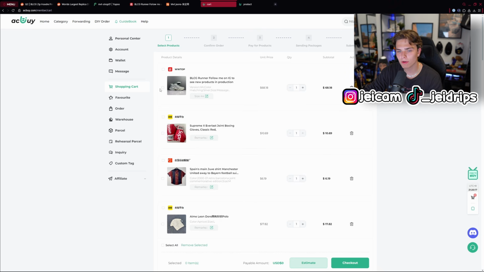How does this actually get to my house? Let's not get ahead of ourselves here. Let's actually think about what this process is. So first you buy it to the warehouse, and then you buy it to yourself. The more items you buy, the more items you ship to the warehouse that you want to ship to your house afterwards, the bigger the package is going to be, and the more it's going to cost to ship it internationally. So the shipping from the ACBuy warehouse to your house is the most expensive part of this usually,